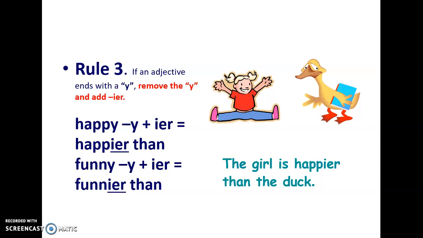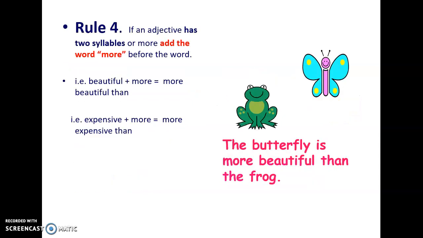And remember that all those rules are going to be spelling rules. So be very careful with this rule number 3, guys. And the rule number 4 is very easy. You are going to work with the long adjectives here, okay? If an adjective is long, it means that you have more than one sound. Instead of using the termination ER, the one that we have been studying before, you are going to use more,